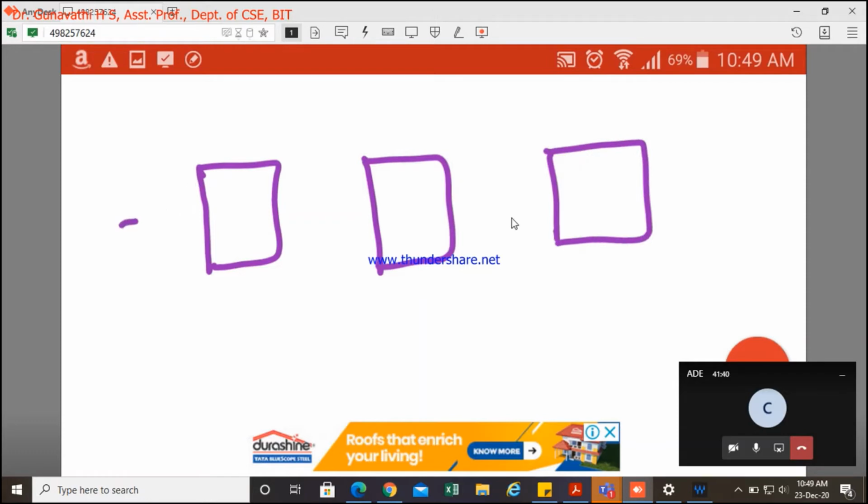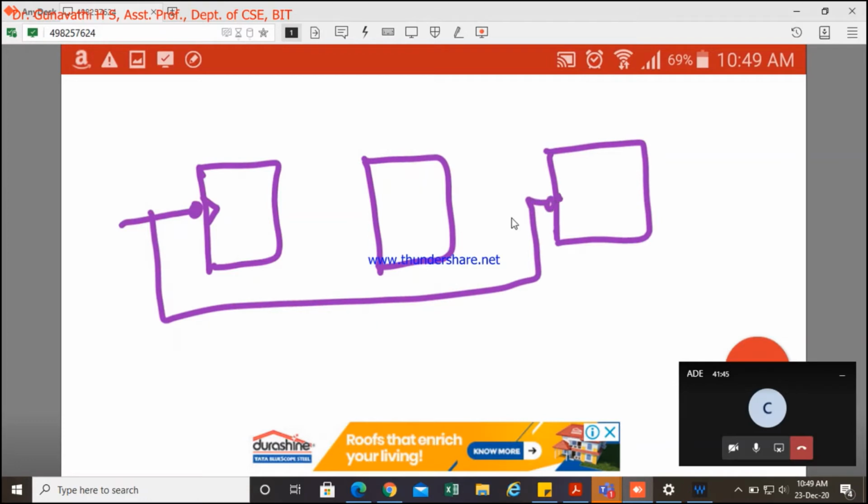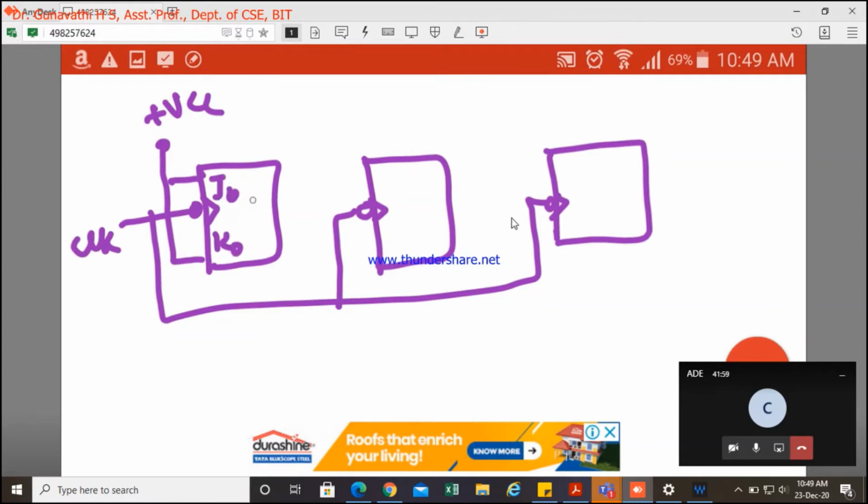So now we know the clock is to be given simultaneously for all, and the inputs of the first stage will be given with a VCC. So I'll write this as J0 K0, Q0, Q0 bar, Q1, Q1 bar, Q2, Q2 bar.